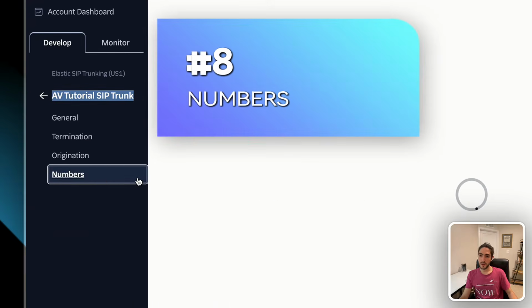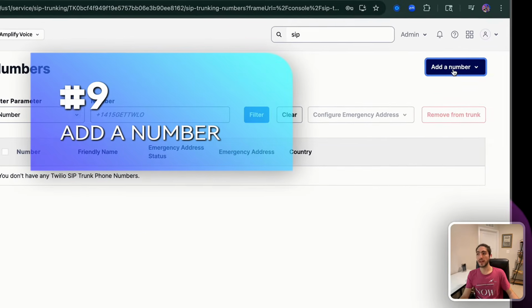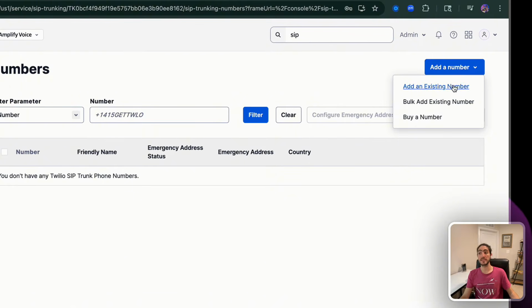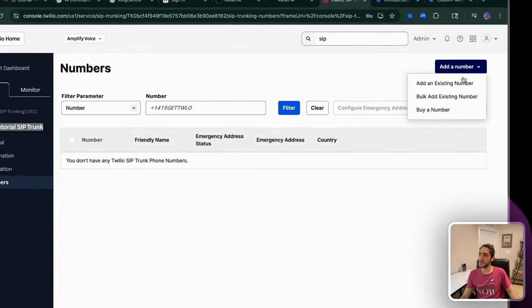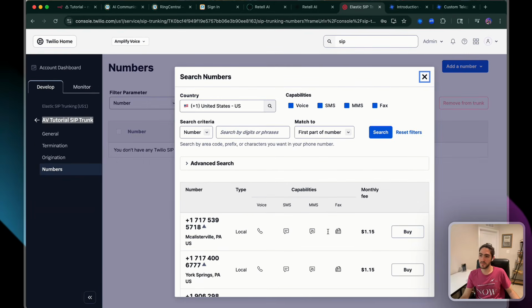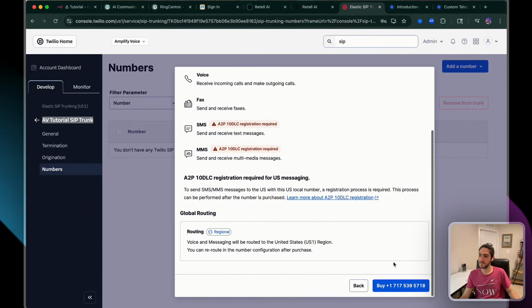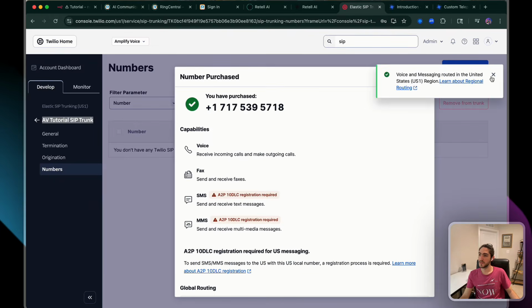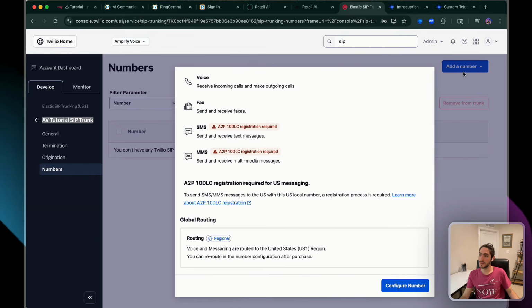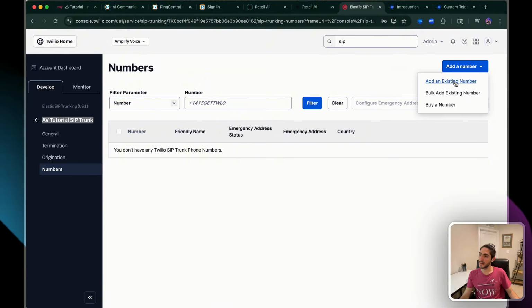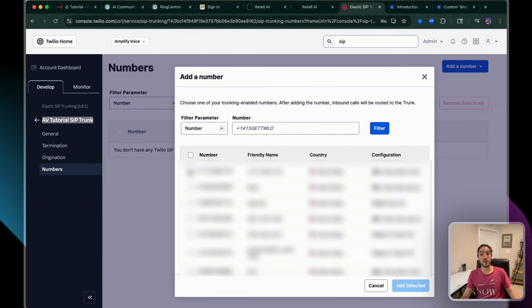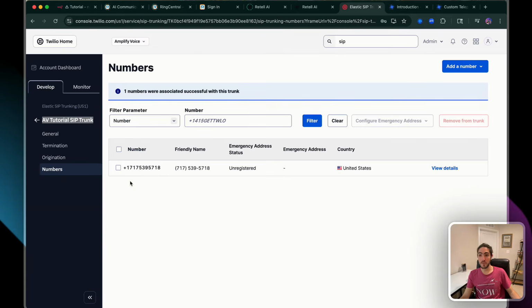Step number 8, we're going to go to numbers. And step number 9 is add a number. You can add an existing number or buy a new number. In this case, I'm just going to buy a new number, random one, buy, and now I'm going to go to add an existing number. I'm just going to select the number I just bought, add selected, and now my phone number is connected to